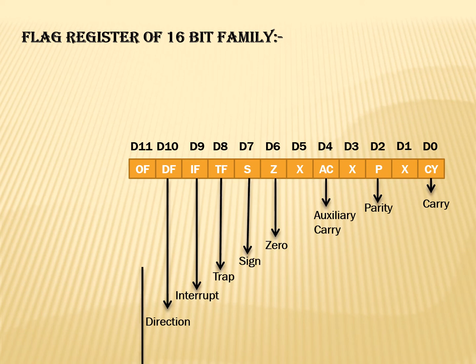Next comes the OF. It is occupied by the D11 bit. The OF is called the overflow flag. Whenever an operation has been done, if the result is too large to fit in the number of bits available, at that time this overflow flag will be set. Simple thing, the function of the DX register, if you remember, when we multiply 16 by 16, you get an extra answer, that is an overflow. At that time the flag will be set.